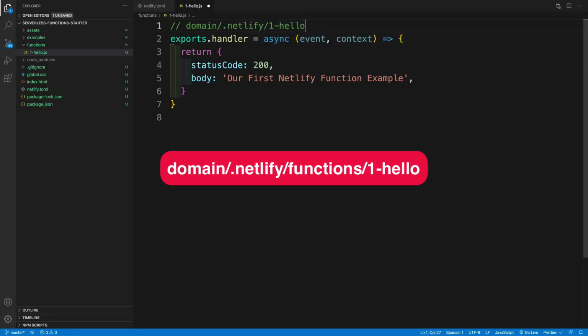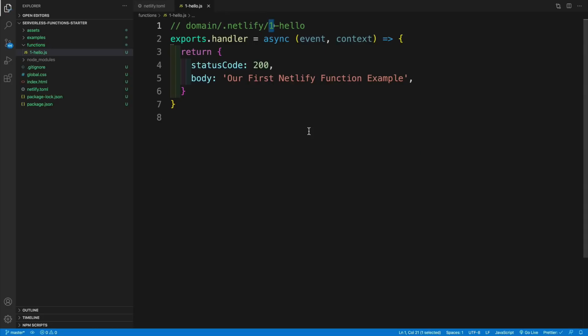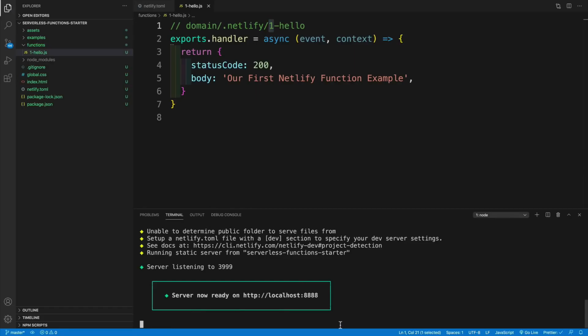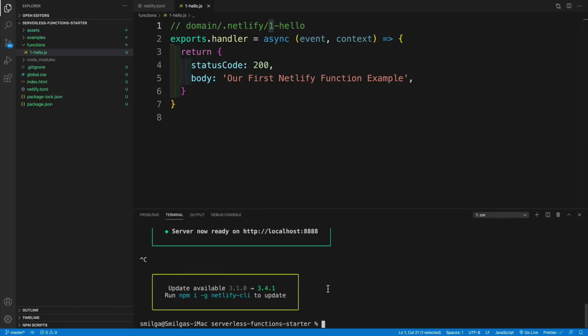Now you don't need to add JS, but in my case, of course, that is going to be one hyphen hello. But notice how I said should, because if you remember in the previous video, I mentioned that every time we create a new function, we need to stop the server first, and then we need to run npm run, and then of course the name was netlify, or if you have it globally, then